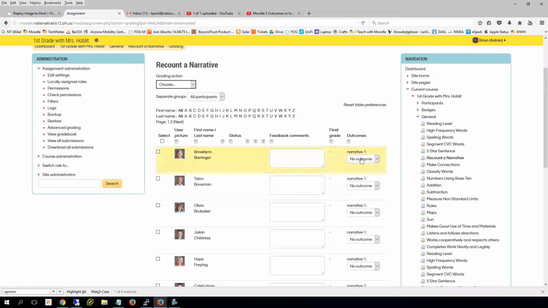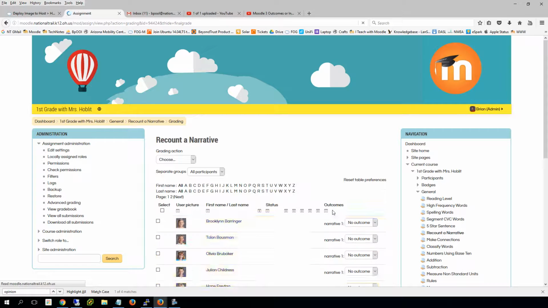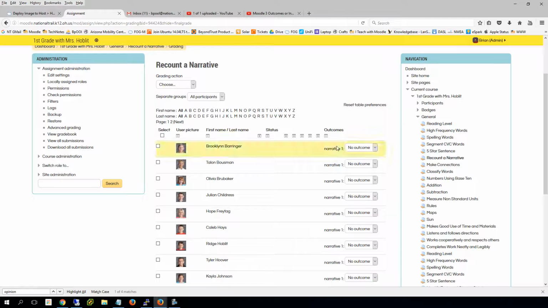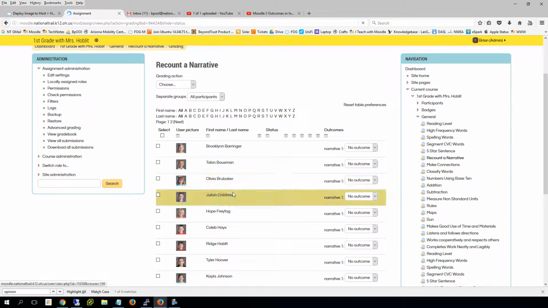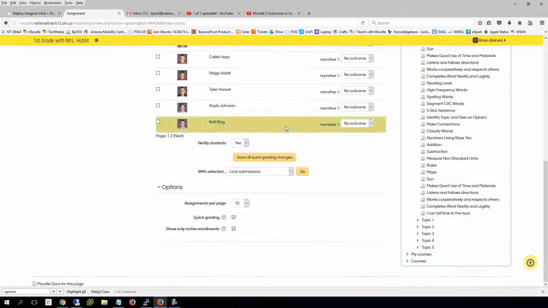So you might want to hide all of them, and you can see I just hit the minus, all of them except for the outcome that you want itself. And then now you can see it says narrative next to it, and it makes a little more sense of my page if I hide all that extraneous stuff when I go in to do the grades. So now I can click on my grades, grade against the narrative for this assignment, and when I'm done,